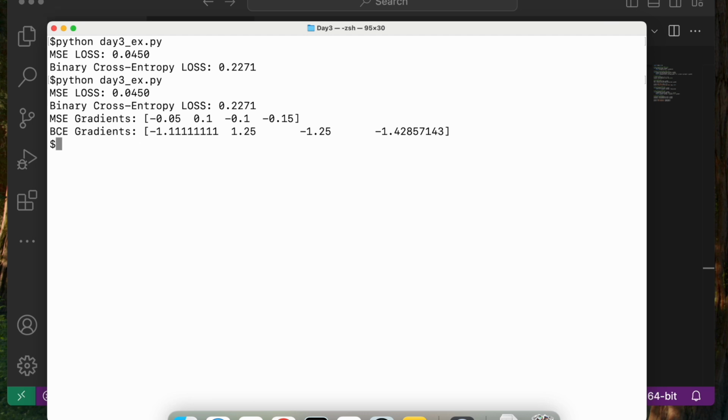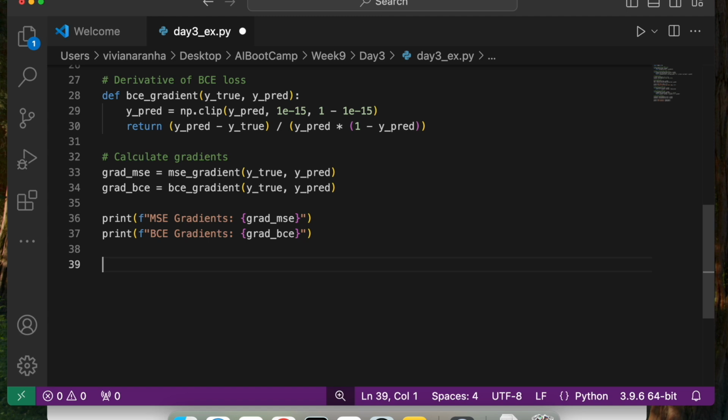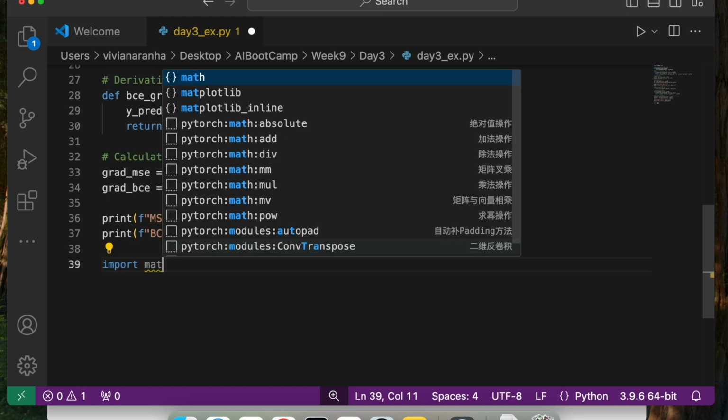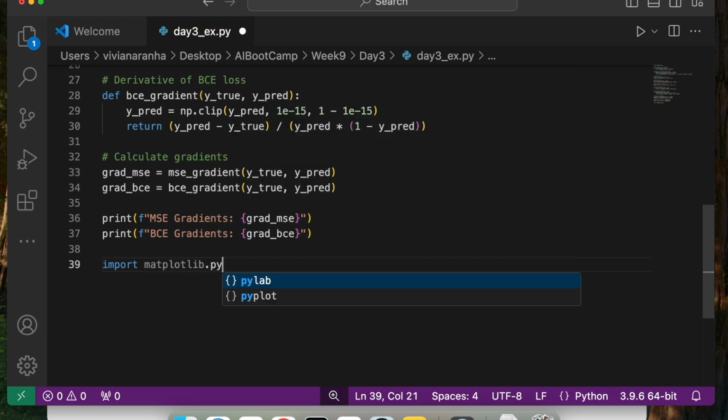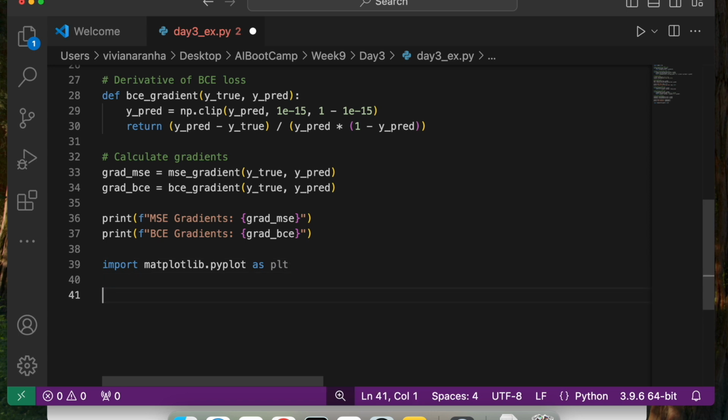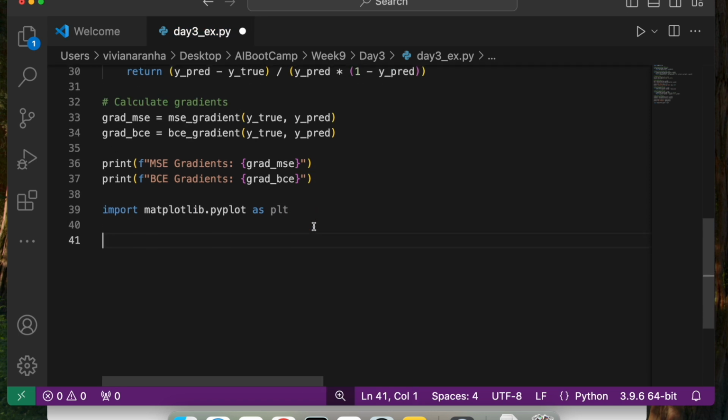Now let's go ahead and visualize these effects on the loss function. So let's go ahead and draw some graphs. To do that, import matplotlib.pyplot as plt. Next, I am going to define my predictions and true labels.